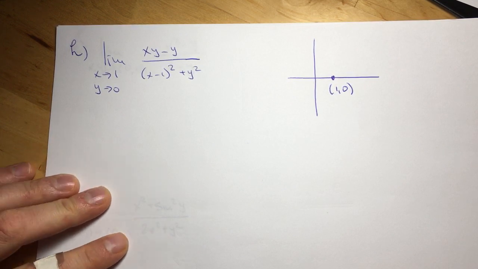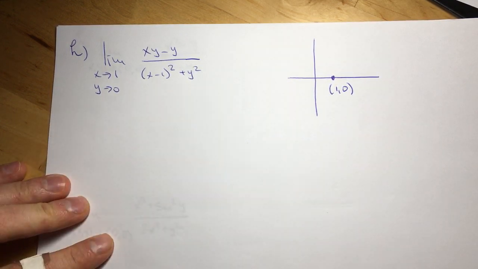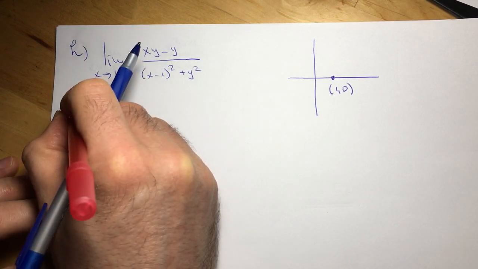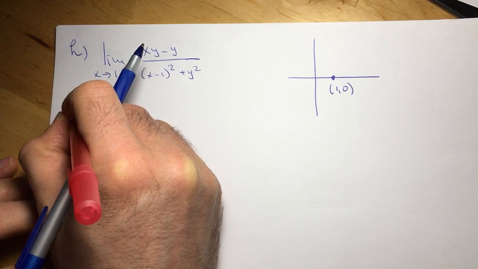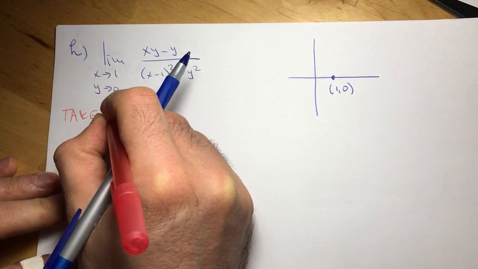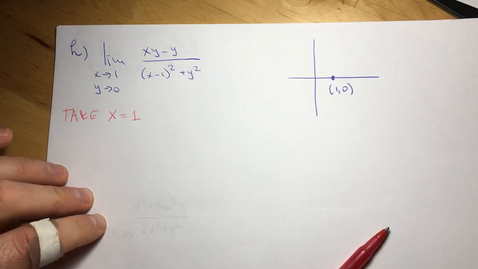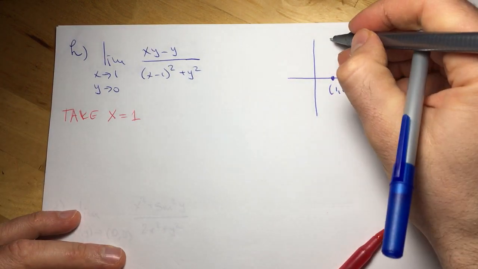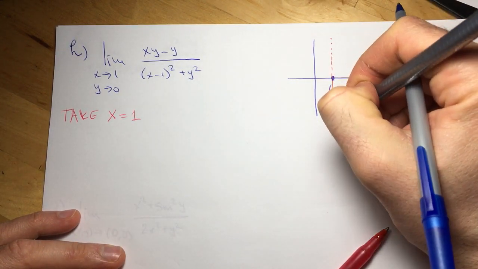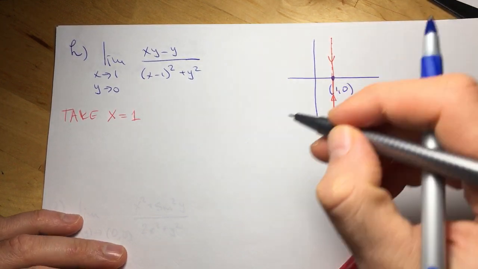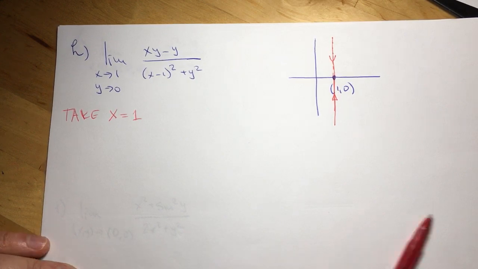Okay, we can take x is equal to 1, right? We can approach this point along this line right here. Okay, in that case